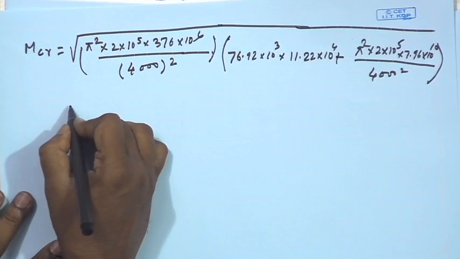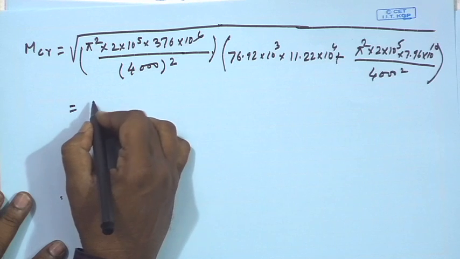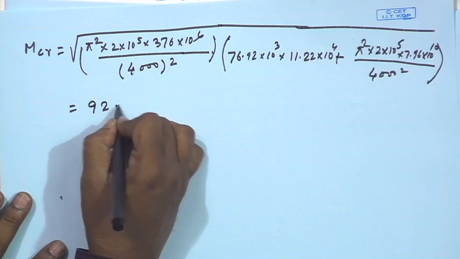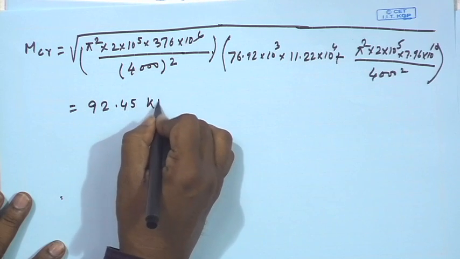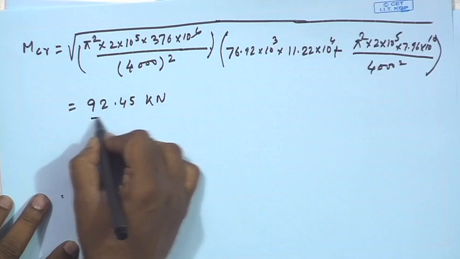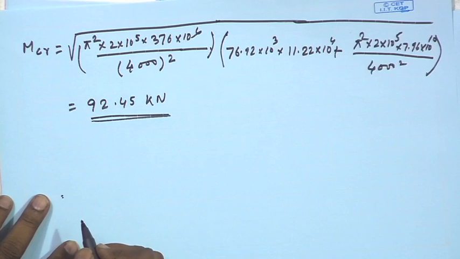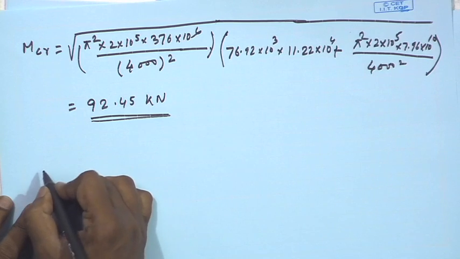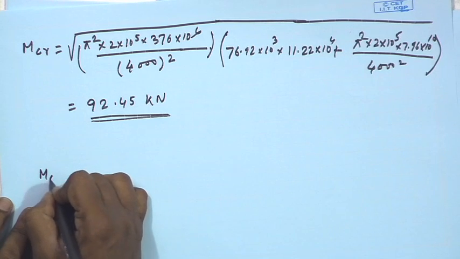So, after calculation the MCR value we could find 92.45 kilonewton meter. So, once we find the value of MCR, we can find the value of lambda LT, right. So, MCR value we can find from this, or from the simplified equation also we can find out MCR as